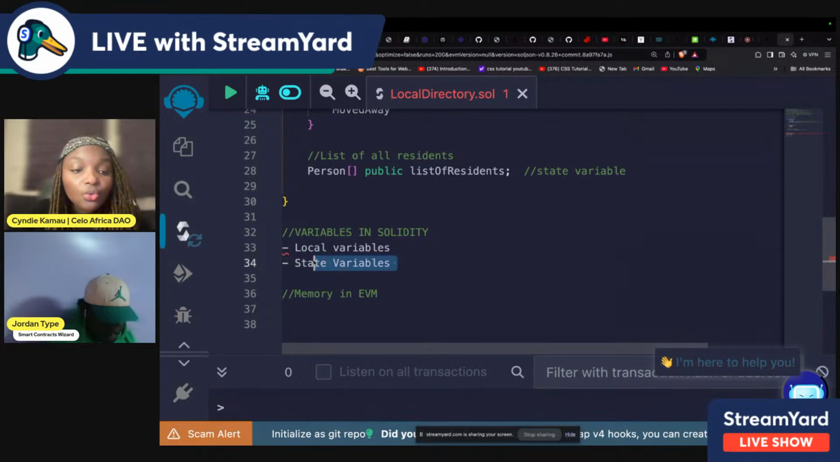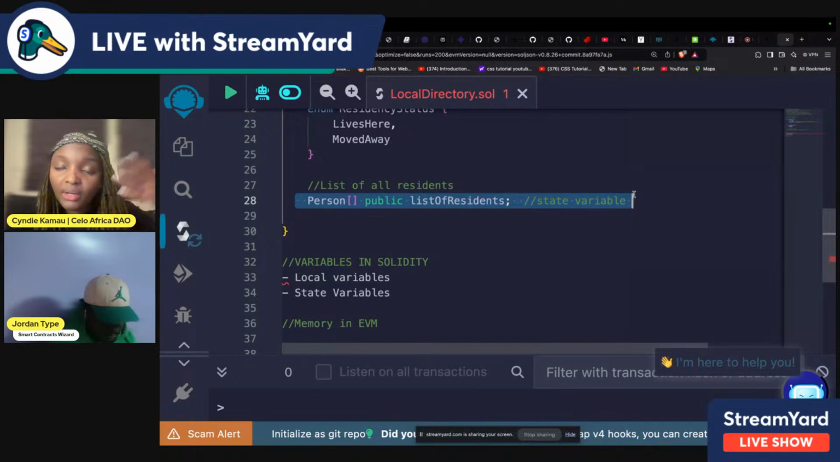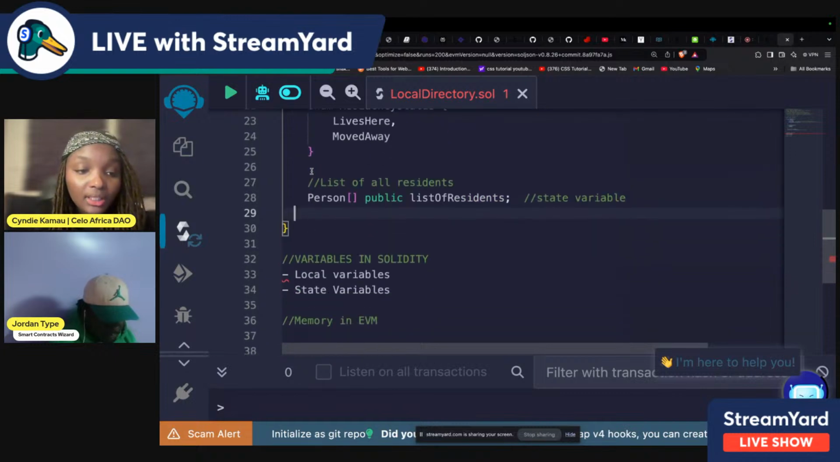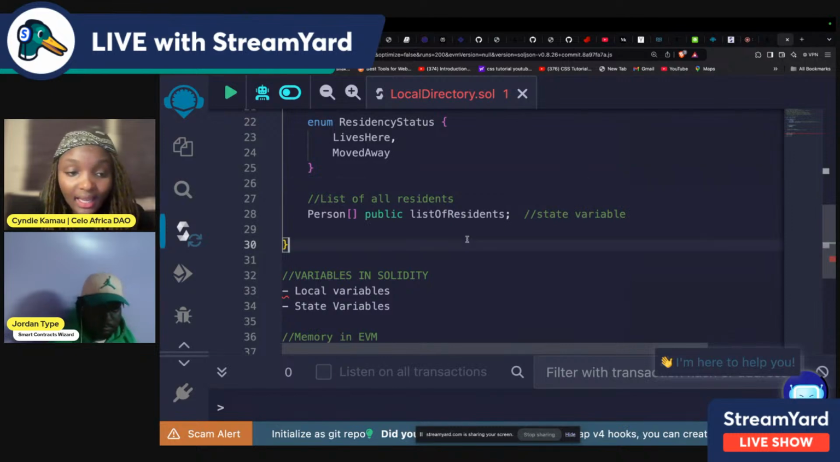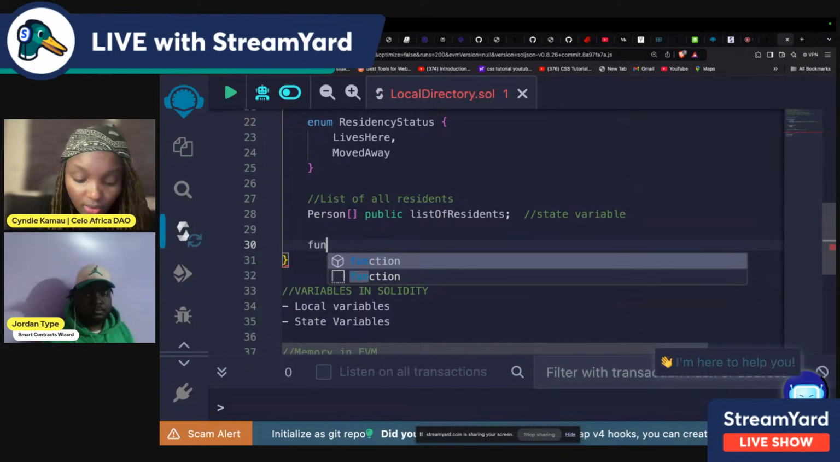A state variable is stored permanently on the blockchain. So this array here, we want it to be stored permanently on the blockchain, right? If someone new is being added or someone is being removed, there will always be changes to the blockchain. But the list of all the people who we want on the blockchain, we want it to be permanently stored. So that's why, as you can see, I have not put it inside of any function. If I was to do so, let's say in the right function